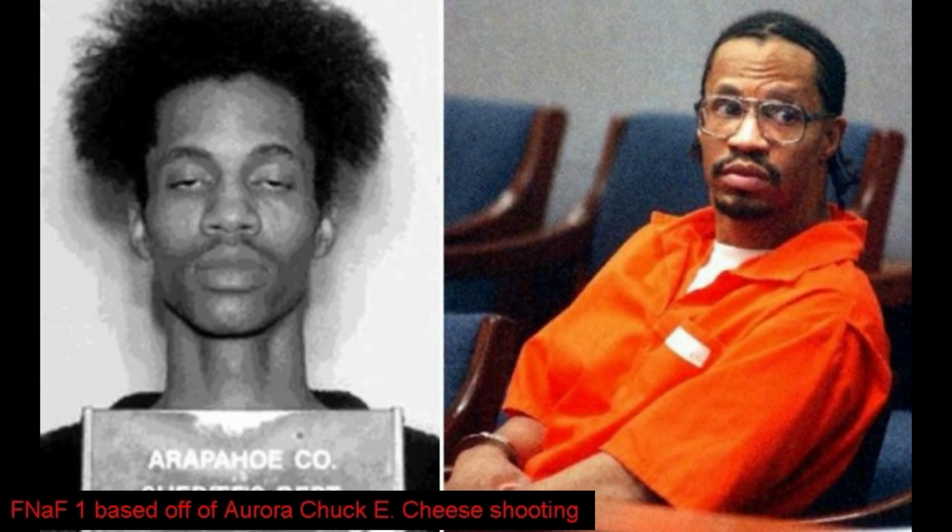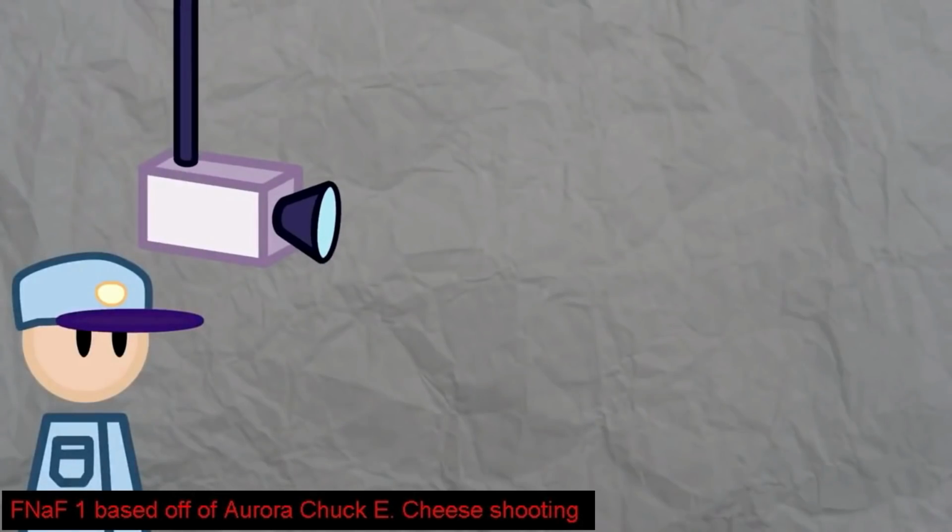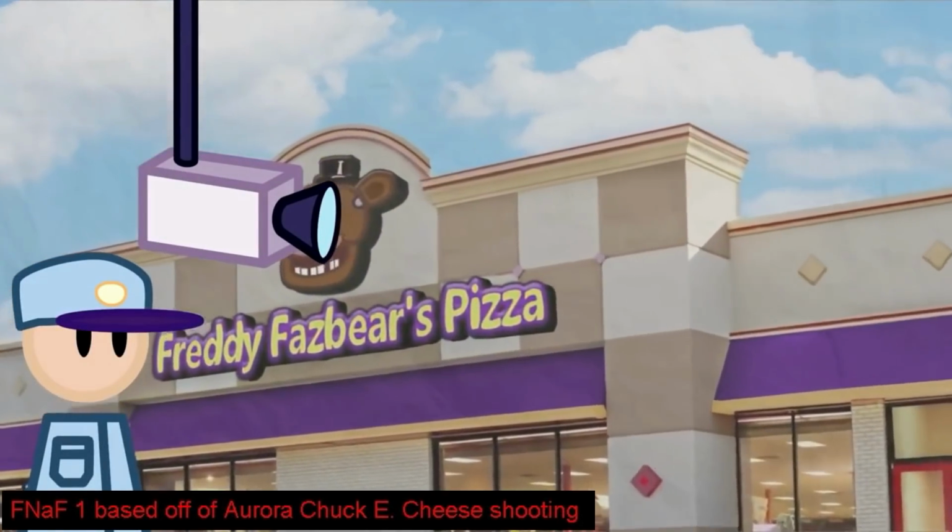The incident has since gone down as being one of Colorado's most tragic events, and Nathan Dunlap currently sits in jail for life. Now, what does this have to do with Five Nights at Freddy's? Well, Game Theory made a theory stating that the incident was what the story of Five Nights at Freddy's was